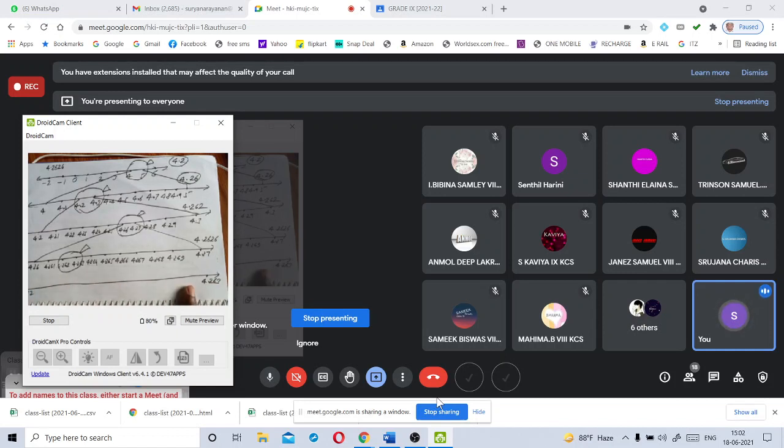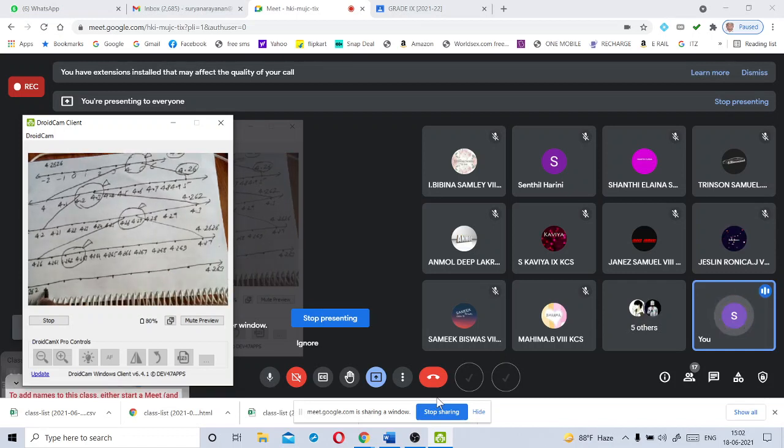Again we have to divide this number into 10 equal parts. 1, 2, 3, 4, 5, 6, 7, 8, 9. We have divided this line segment into 10 equal parts. Here write 4.262, 4.262,